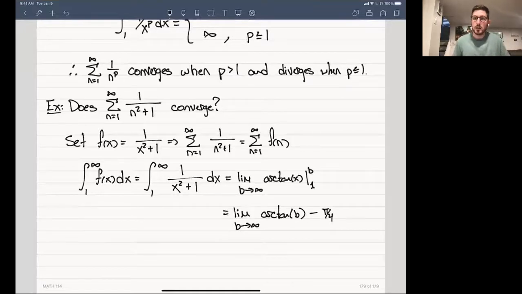And you might have to dig out some resources to remind yourself what the arctangent function looks like. But arctan as b goes to infinity becomes pi over 2. So we get pi over 2 minus pi over 4, which is equal to pi over 4. So the integral is finite, and therefore the integral test